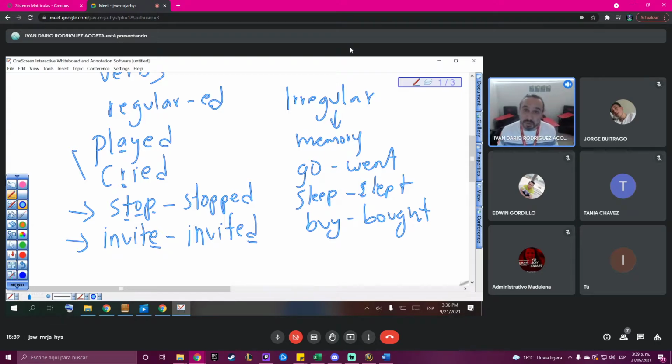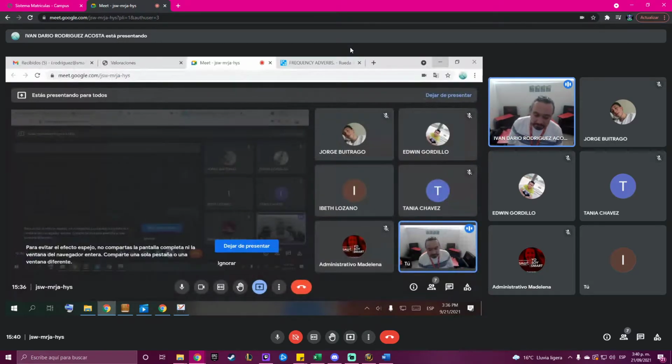This is a matter of memory with the verbs. Separate verbs, regular and irregular verbs, by memory because there is no other option. And also to memorize the irregular verbs in the past because the other ones are easy, ed. But the irregulars are a little hard for you to remember at the beginning, okay? Yvette, do you have any questions about this? Yes.